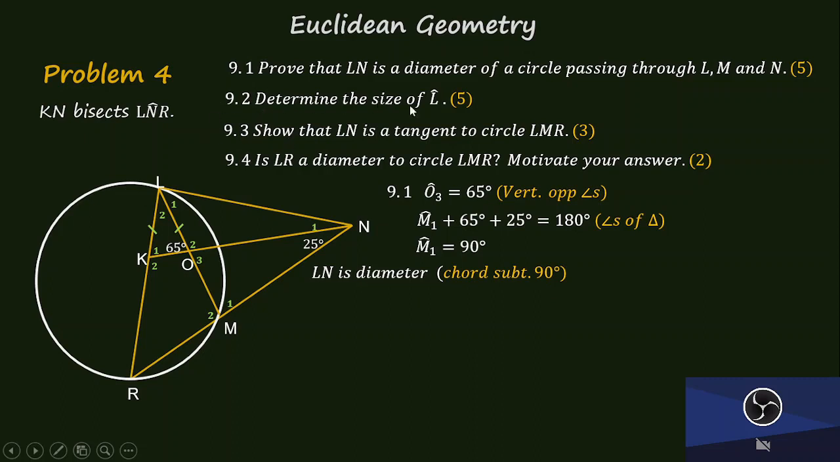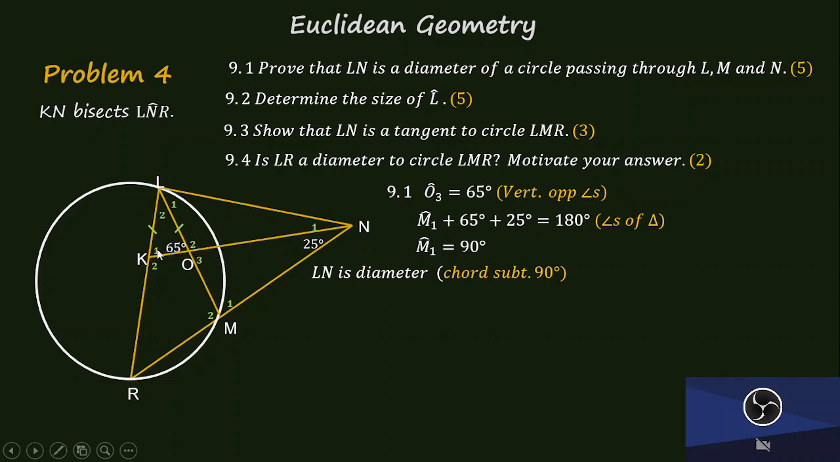9.2, they want us to determine the size of angle L. So angle L is L1 plus L2, the whole of that, right? There are many approaches you could use to do that. What I want to use is the properties of triangles, right? I've got enough information to work with triangles here, right? So the first thing,